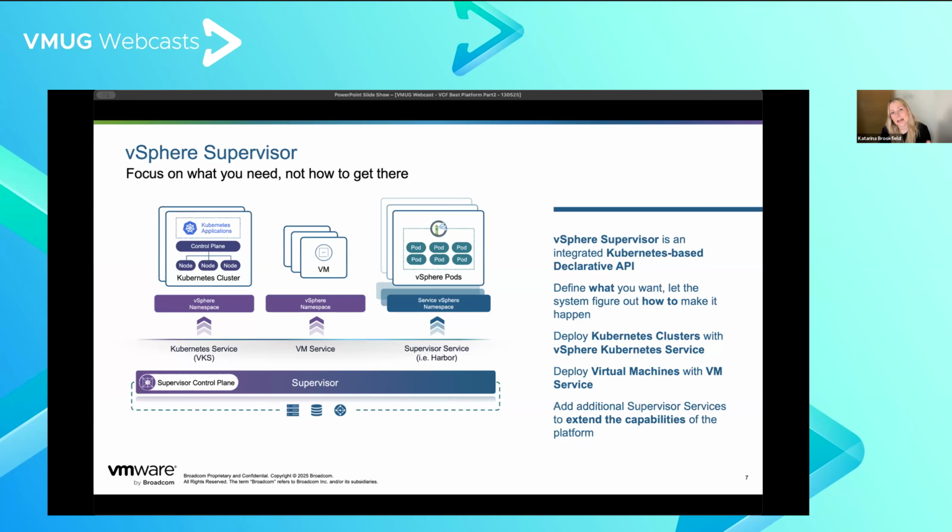Because again, the main idea here is that we are enabling self-service consumption for our consumers while still staying within the guardrails and policies that are defined by the cloud admin. So let me stop sharing this and let's jump into the first demo. And as I mentioned, in this first one, what we will do is start with the configuration of our supervisor,